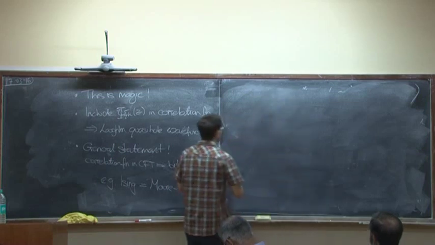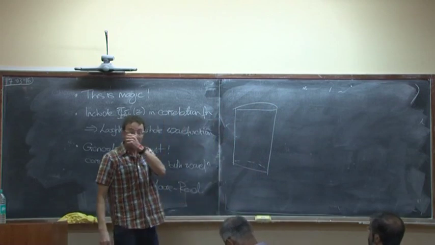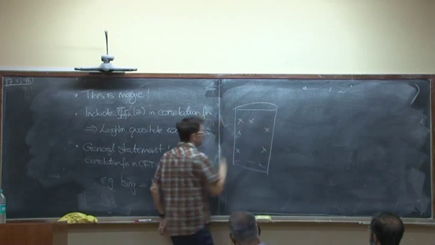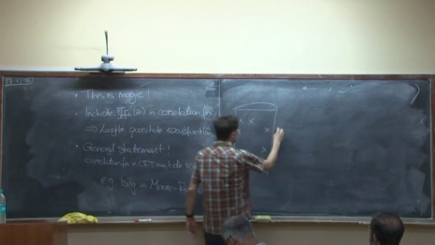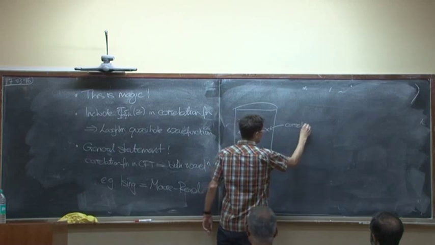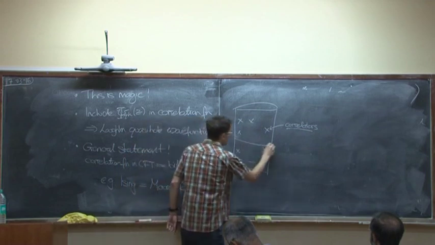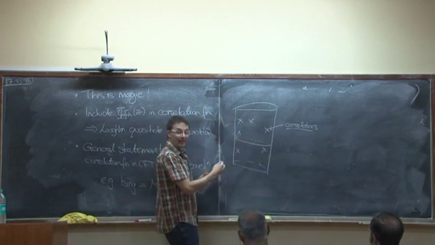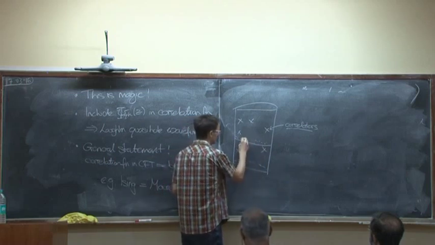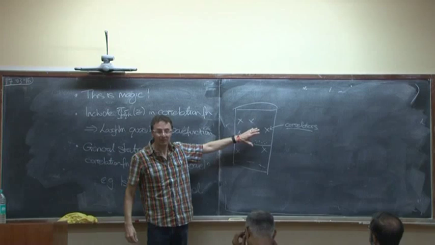So what do you have? This is our quantum Hall state. And we computed correlation functions on the boundary. So these are the correlators, the points where the correlators are. But what we've done is then map that to a wave function which lives here. Okay. So it looks like the two different theories don't even live in the same spaces.